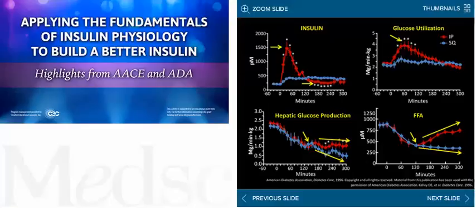Free fatty acids were also measured, and what is seen is that both with intraperitoneal and subcutaneous insulin, there is a suppression of free fatty acids, which is what happens when insulin comes on board. But then after 2